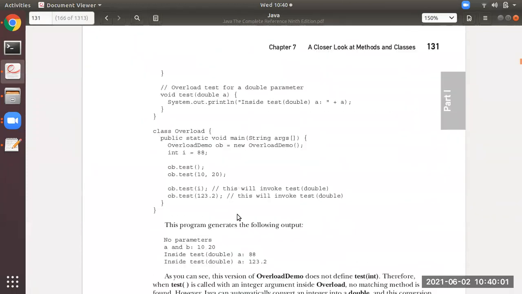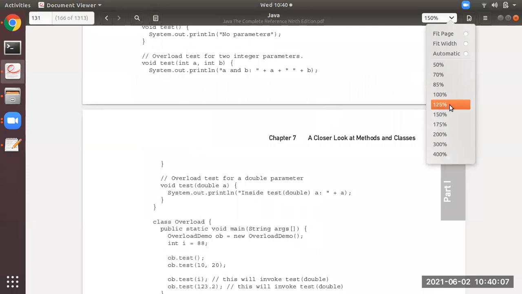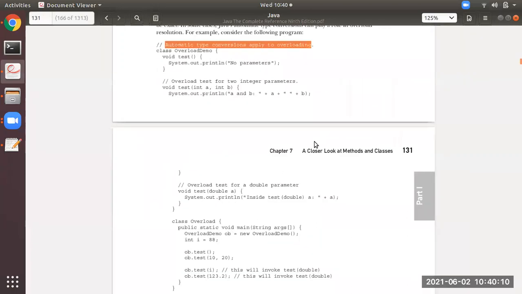See, this is again a simple program. See students, same program, little bit differences are there. You all observe here. See, this is overload demo. Again, it has got the method test without parameter.